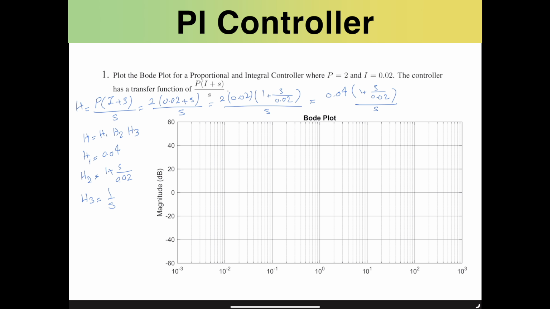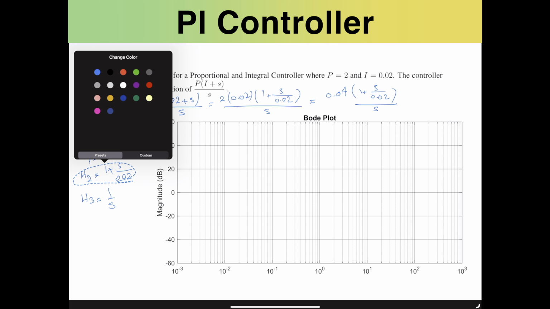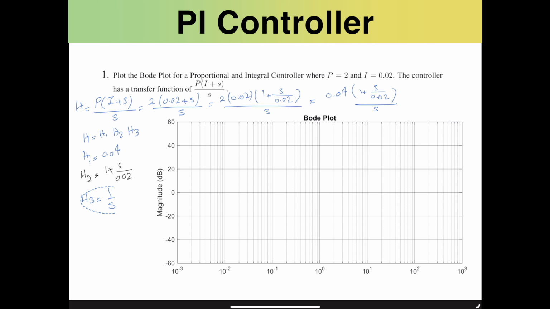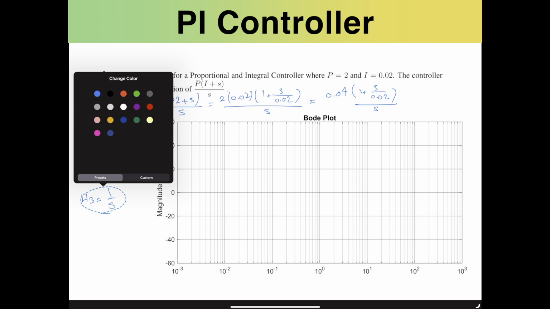I'm going to change the colors for each one of them so that it will be easier for us to recognize which is which. So this one can be in black, and the last one can be in